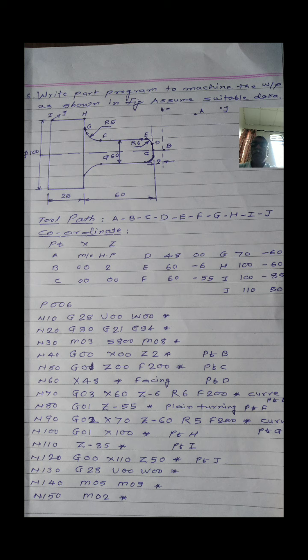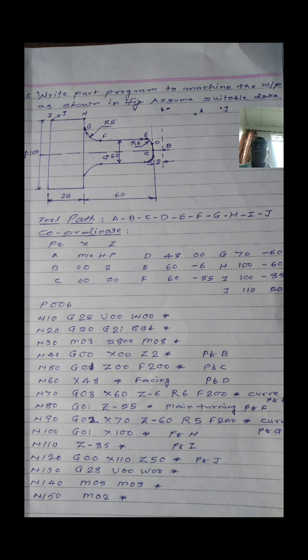Is it okay? Then from point F, tool will move to the point G along the counterclockwise direction, not counterclockwise. The direction of movement of the tool is in clockwise direction as shown in figure. Point F to G, tool move in clockwise direction. Then you have to move the tool from point G to H, then H to I to perform the plane turning operation. What are the coordinates of point G?